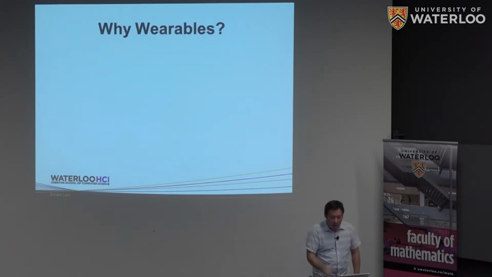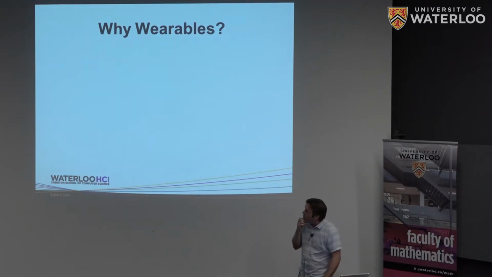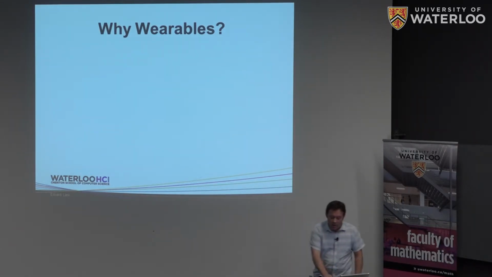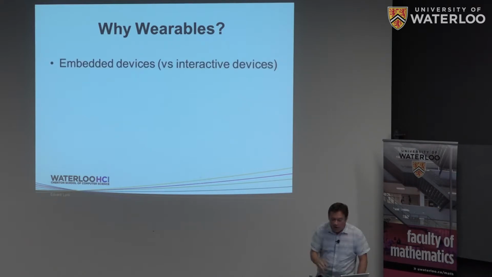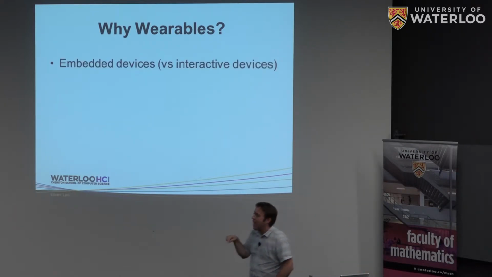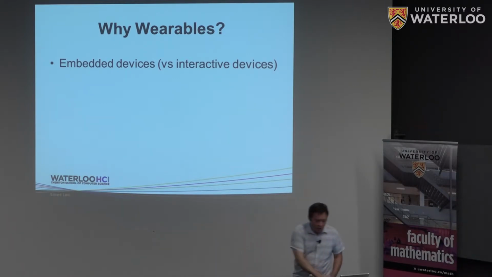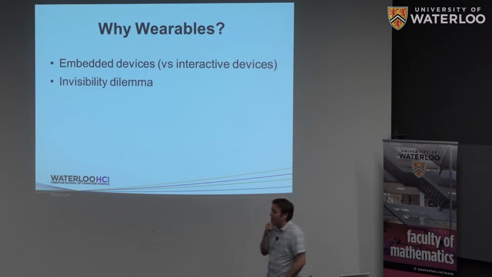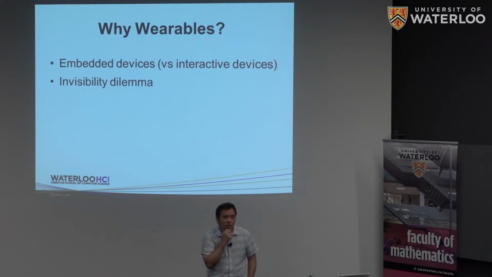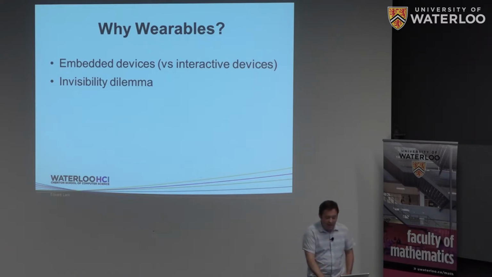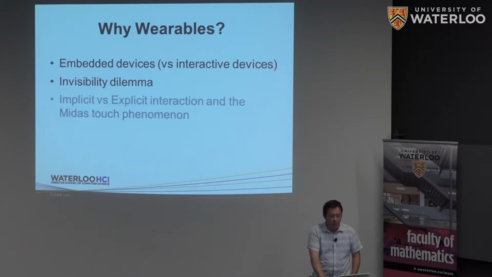And so just breaking apart some of the problems with embedded interaction, we've sort of got the notion of embedded devices versus interactive devices. And that's what I've been talking about up to this point, the notion that you don't want to interact with an individual device. You want a bunch of embedded devices, and you interact with those things at a higher level. We talk about the notion of the invisibility dilemma. If you're actually embedding computation in the world around you, how can you figure out what the world can do and identify commands in that space that you can actually issue that make sense?